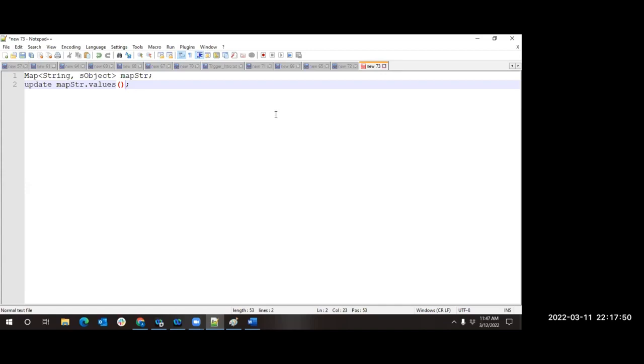DMLs can be done only on records. A record belongs to some object, and the generic term for that is sObject. In a map, you can have an sObject only at the value place, due to which only this is available. But if someone asks you a question, can I say update map or can I say update map.values,